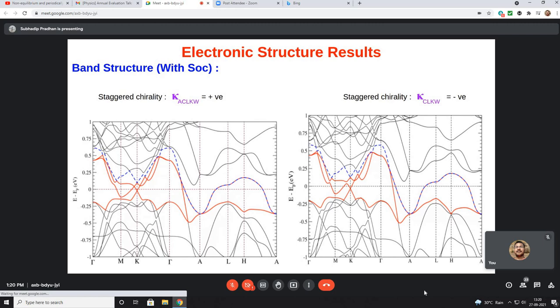Yeah. So you are saying with spin orbit coupling. Sir, I think here only time reversal symmetry is broken. Inversion symmetry is intact there. Sir, I can comment, but with spin orbit coupling. So what do you want to say? Here, when there is no spin orbit coupling, for a nodal ring you need time reversal and inversion symmetry. But here with SOC, there are two cases. Time reversal has broken for SOC. So, how are you saying that?